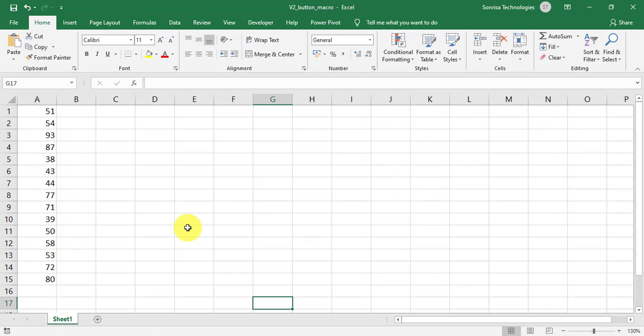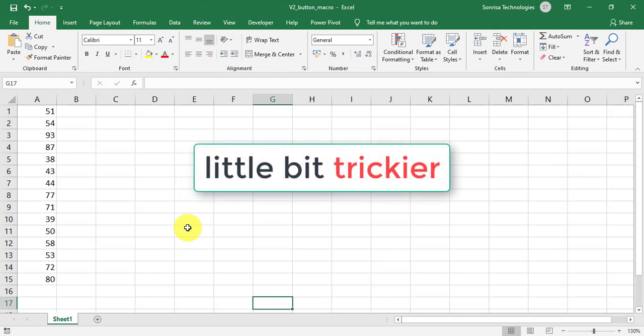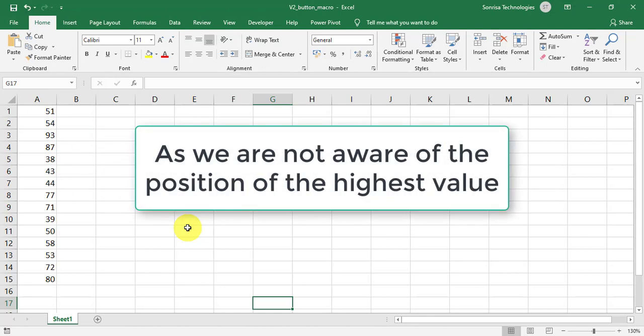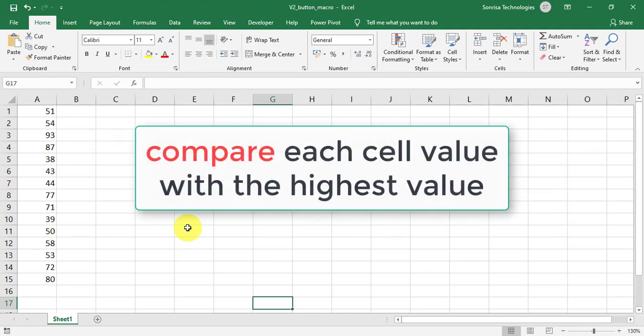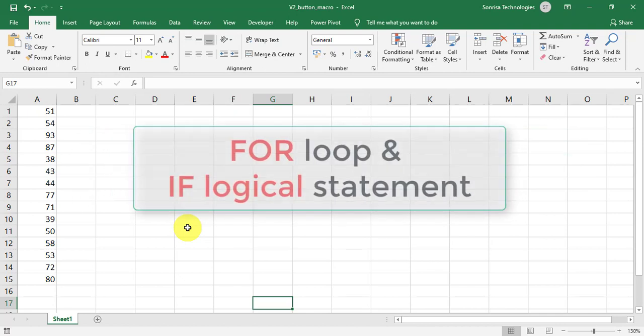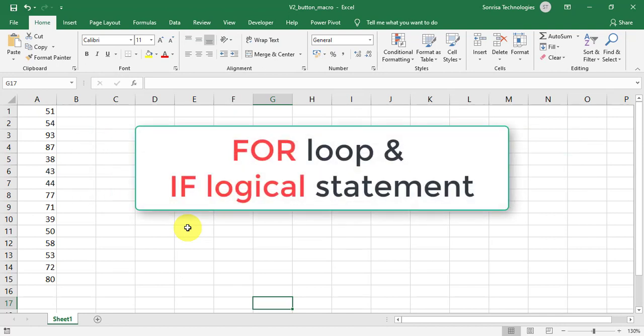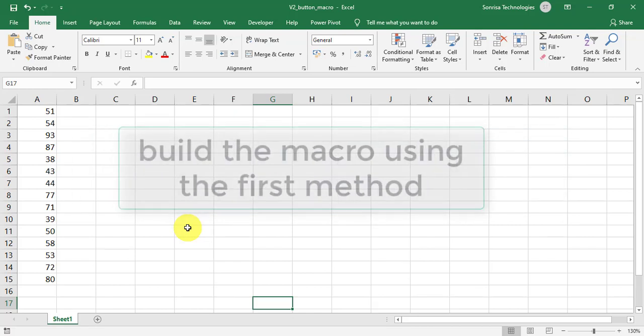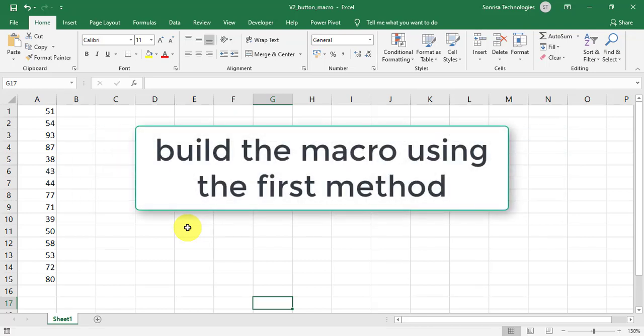We have to highlight the cell that contains this highest value, which is a little bit trickier. As we are not aware of its position, we have to write code in such a way that it compares each cell value with the highest value. For this, we need to use the For loop and If logical statement. With these requirements in mind, let us build the macro using the first method.